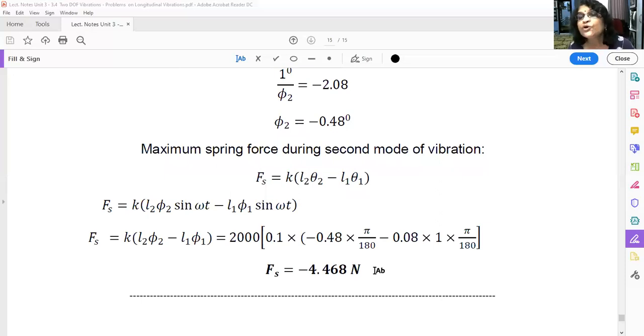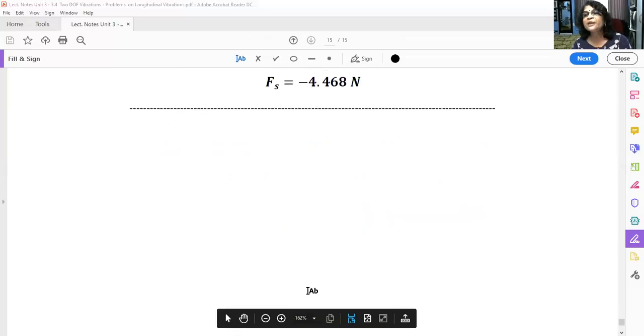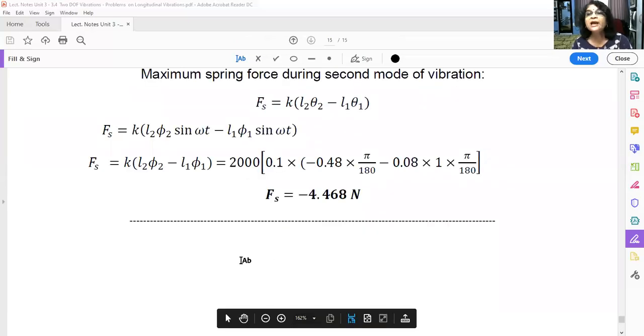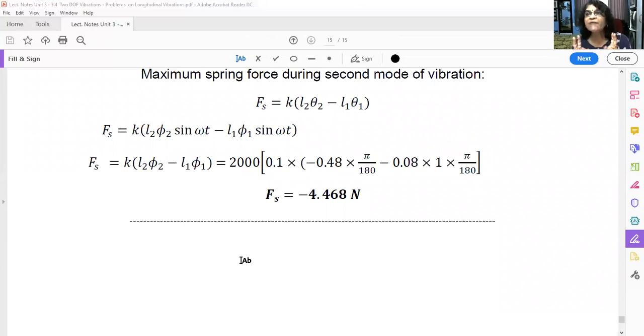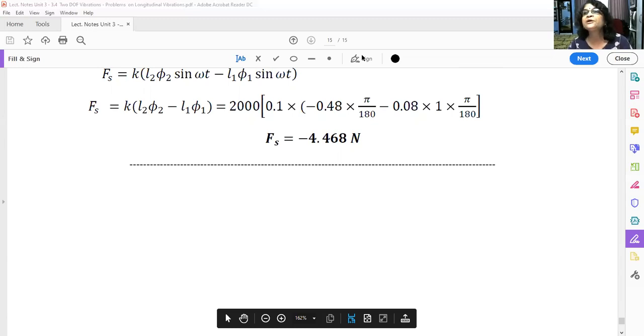Understood? So I hope you have understood these problems. Now in the next lecture, we are going to solve only 2 problems, but they will be on combined vibration, combined longitudinal plus torsional, or longitudinal plus angular. One problem we are going to take on an automobile, and the second problem on a block which is sliding, vibrating along the longitudinal direction, and simultaneously a pendulum is attached to it, which is also vibrating with angular vibrations. Okay, so thank you very much. Hope you have understood the problems.